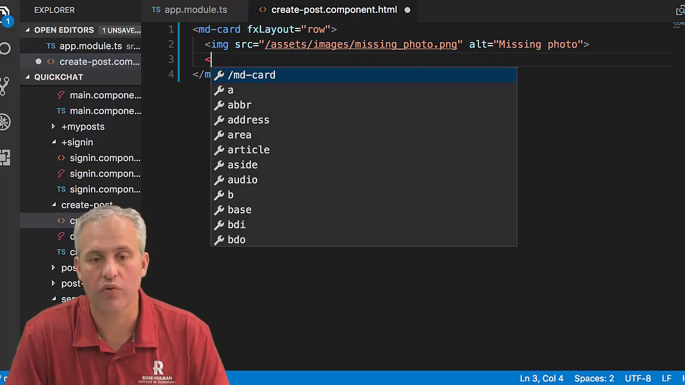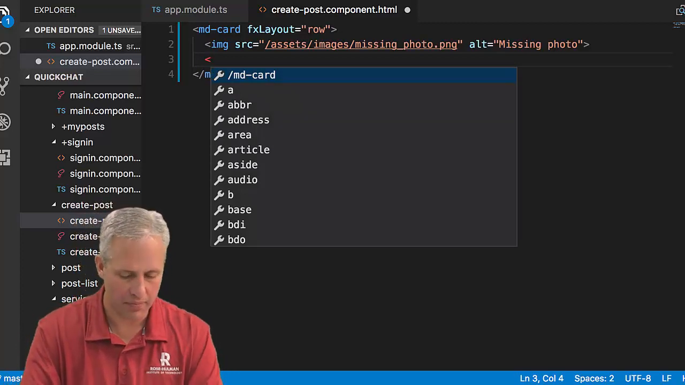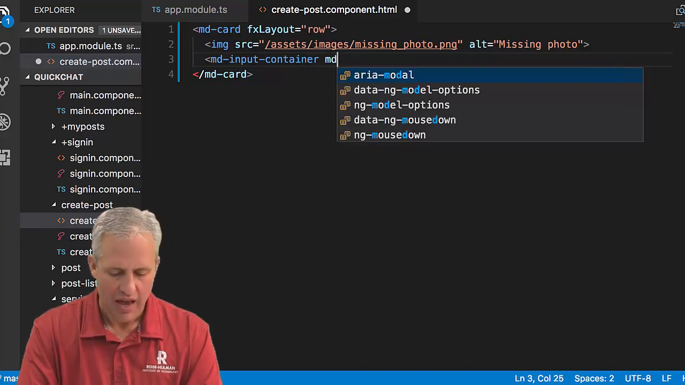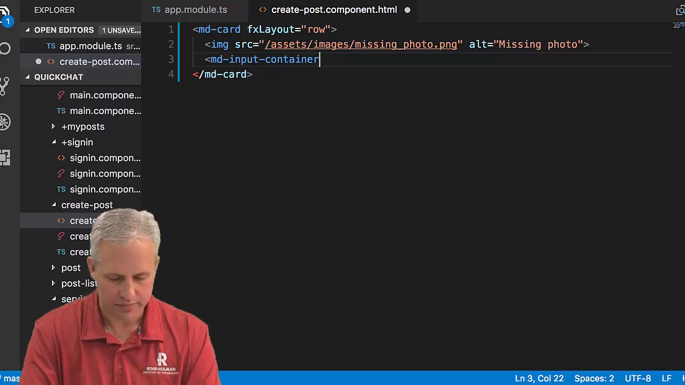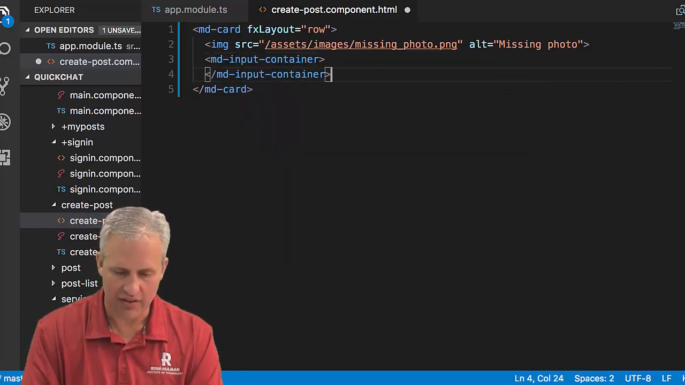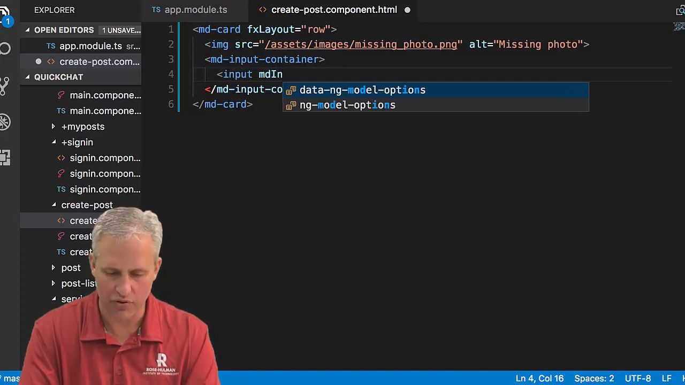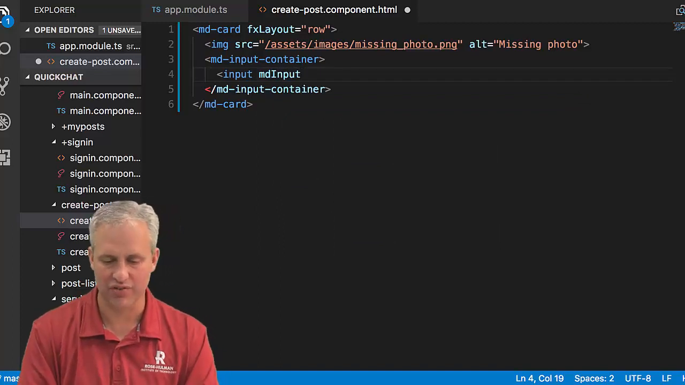Next thing we want to do is use an mdInput, sort of an Angular Material input. We could go get this from their documentation, but we could also just type it. We've done this before, so I'll just let you type it. And the important thing is that you have an input container. And then inside this input container, you have an input with the attribute mdInput, which is in camel case, which is crazy,